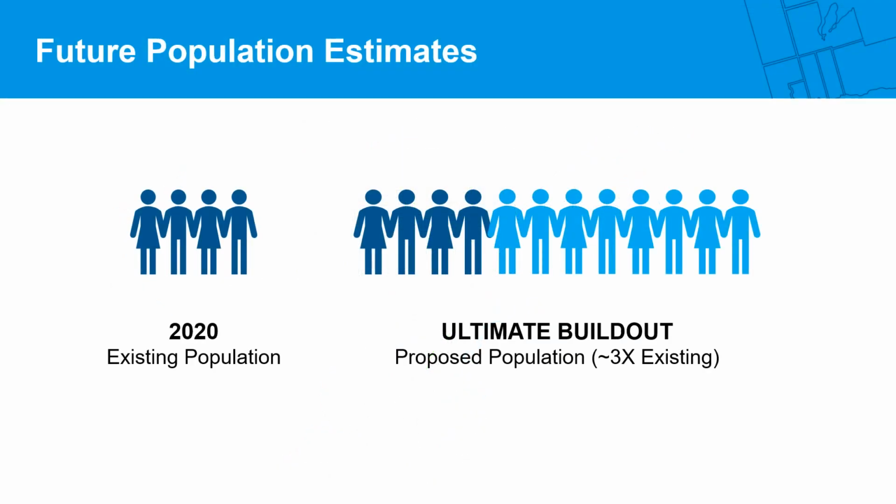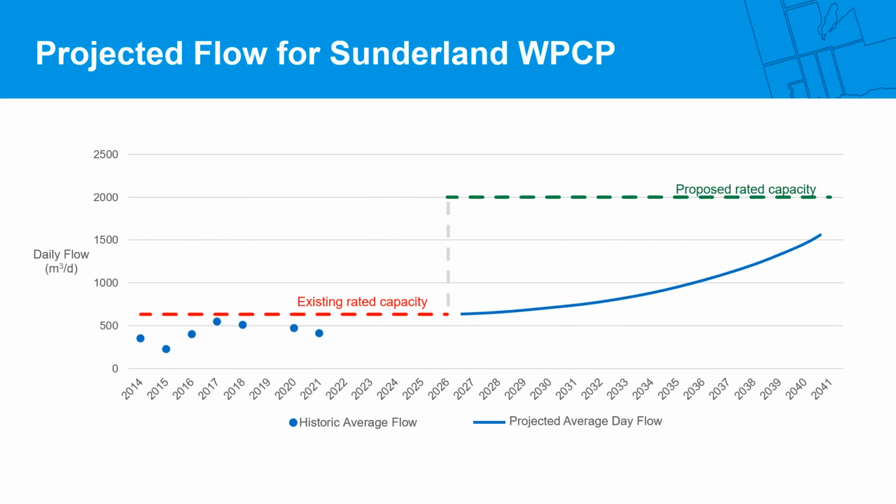Preliminary estimates for Sunderland indicate that the service population within the existing urban boundaries could potentially reach approximately 4,400 by 2041, approximately 3 times the existing serviced population. Based on historical average day flows from 2014 to 2021, the Sunderland Water Pollution Control Plant, or WPCP for short,